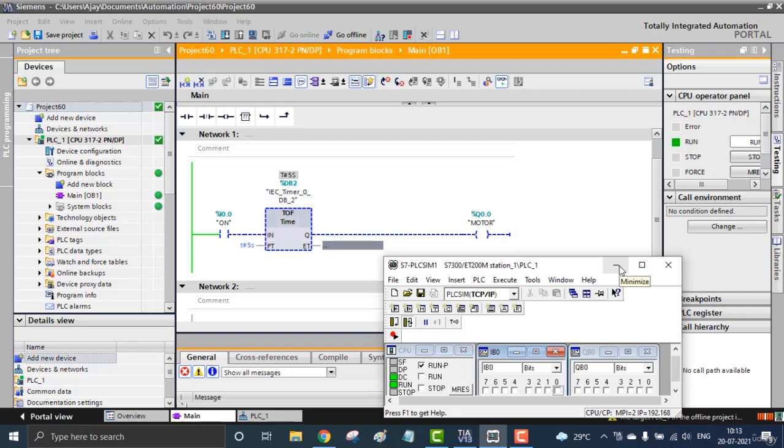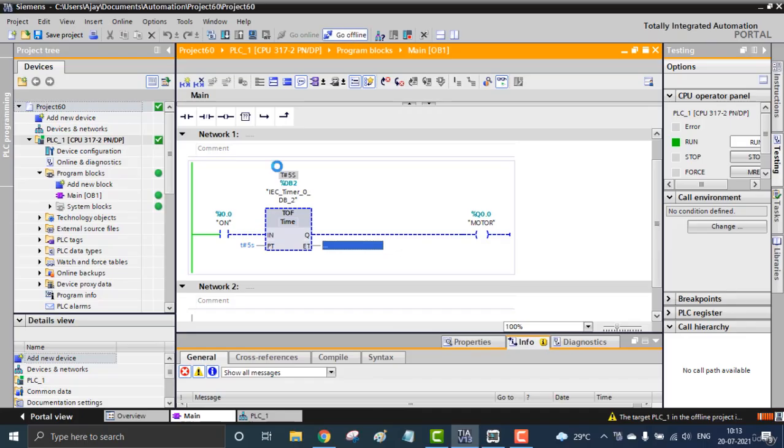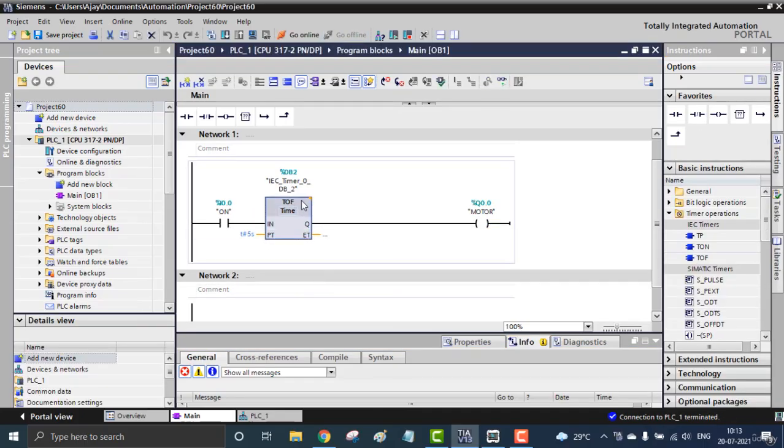So I'm going offline to change it to the pulse timer. It's working like simply a pulse, TP. One pulse is required for every operation. I call it IEC timers DB3, the previous one I had given DB2, now DB3.